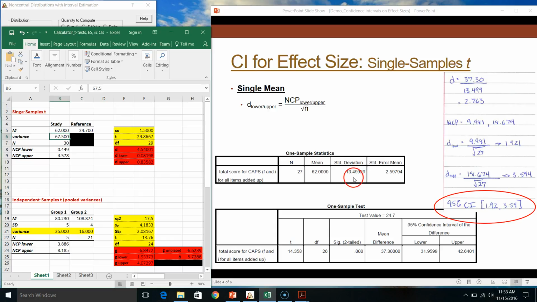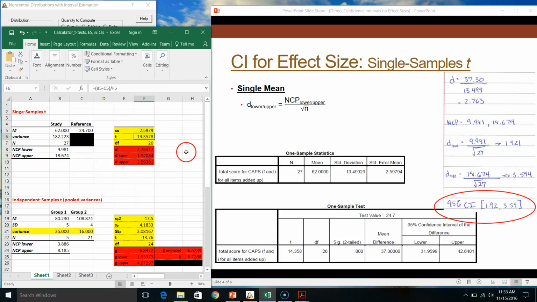So if I take 13.499 and I square that, it's going to give me a variance value of 182.223. Okay. Then go down. Sample size here is 27. My lower bound for my non-centrality parameter is 9.981. Upper bound 18.674. And if we go down through and now take a look at the output here,